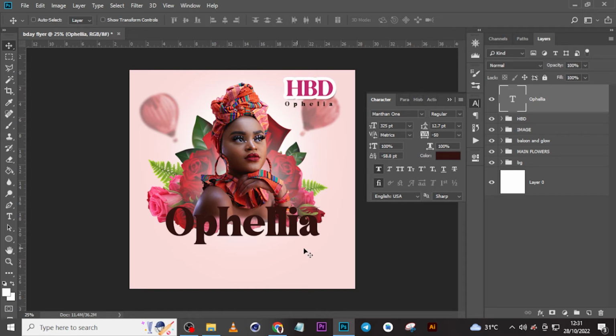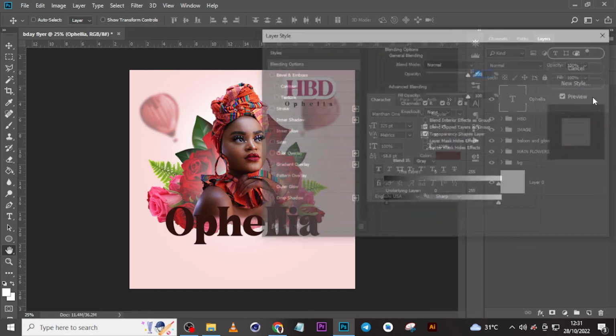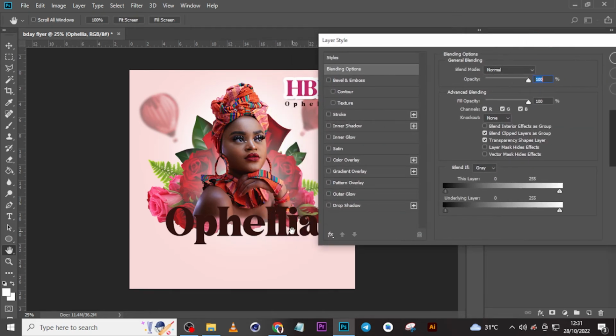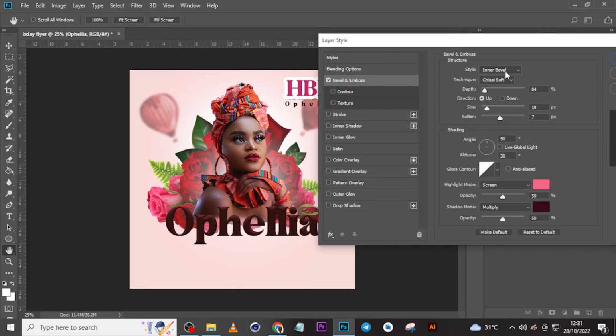We need to go to the layer styles, double click here, and then let's make it more beautiful, or give it some more style. This looks too boring. The first thing I want us to do to it is bevel and emboss. Click over here. You can see it's doing something a little bit to it. Set here to inner bevel, soft chisel, 84, up, 187 over here, angle to 90, altitude to 30,